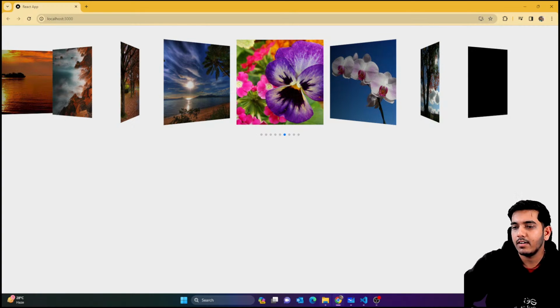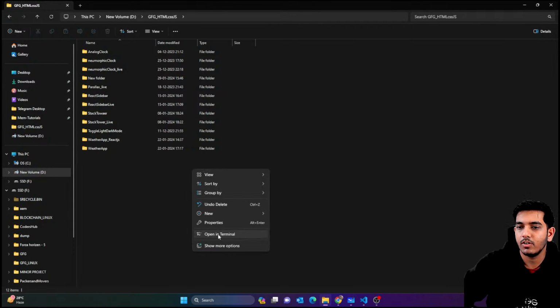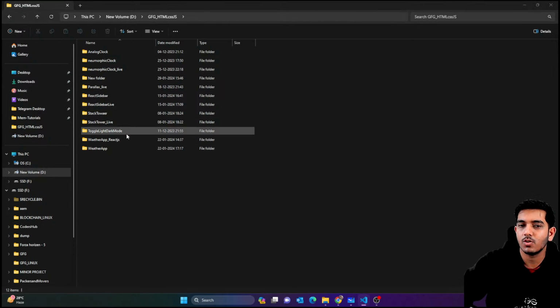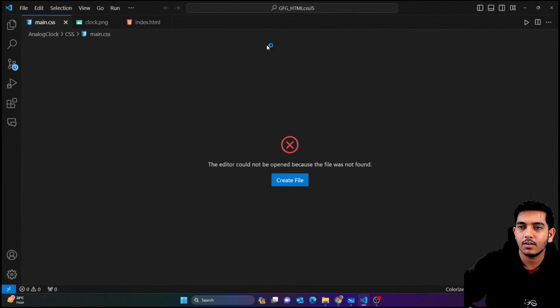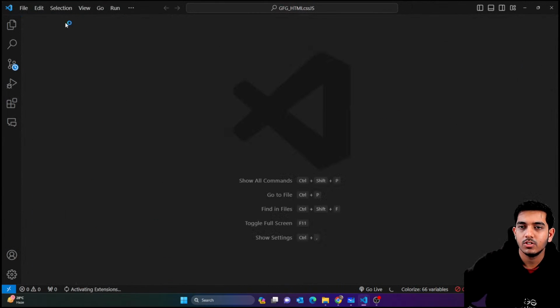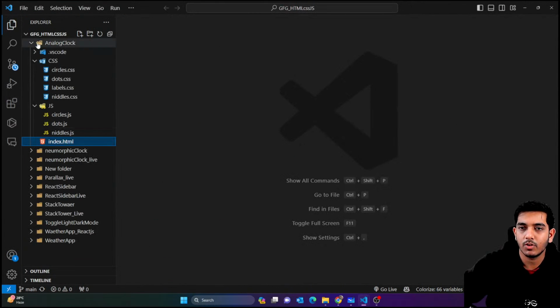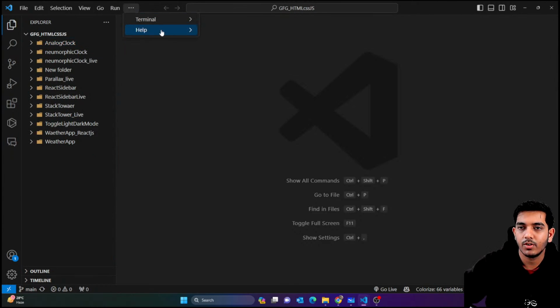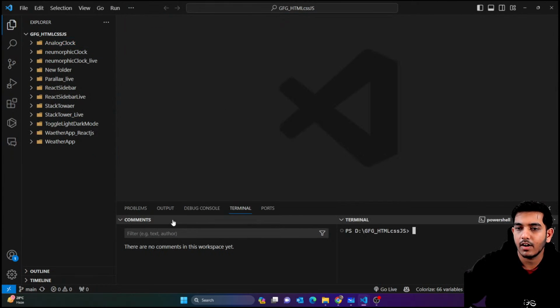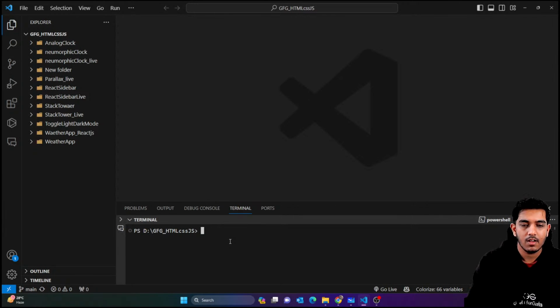Okay, so we're gonna simply create a new folder here. I'm just gonna open VS Code, and here guys we're gonna set up a React.js project. I'm going to set up a React.js project here itself. So I'm just going to go to my terminal, and here we can name this project as